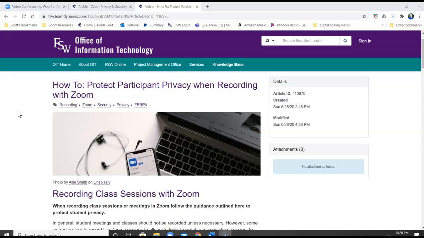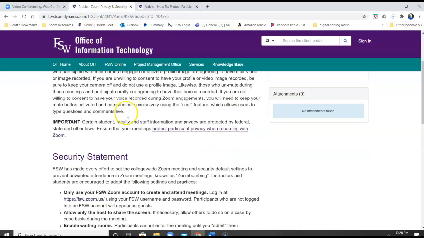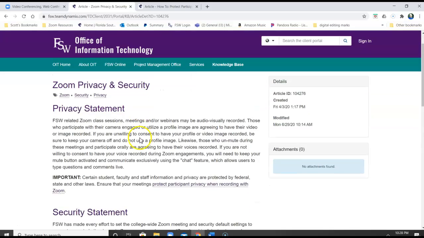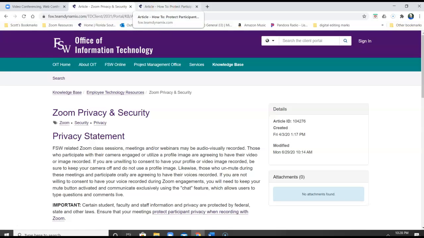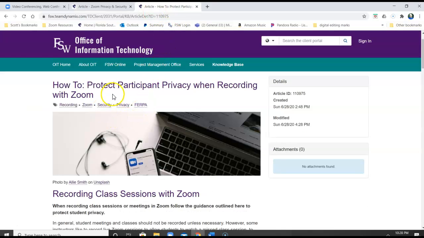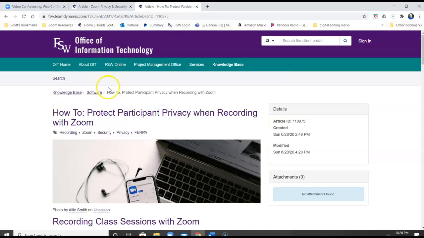And I have to say right now that, again, FSW recommends that you do not record your live class sessions because it can create a number of FERPA issues. And again, if you do choose to do so, make sure you are following FSW's privacy and security guidelines. The Office of Information and Technology has the Zoom privacy and security resource. And then there's also a resource for how to protect participant privacy when recording with Zoom, also from the FSW